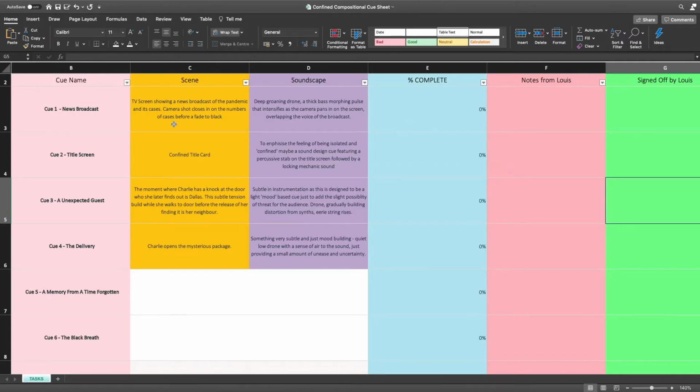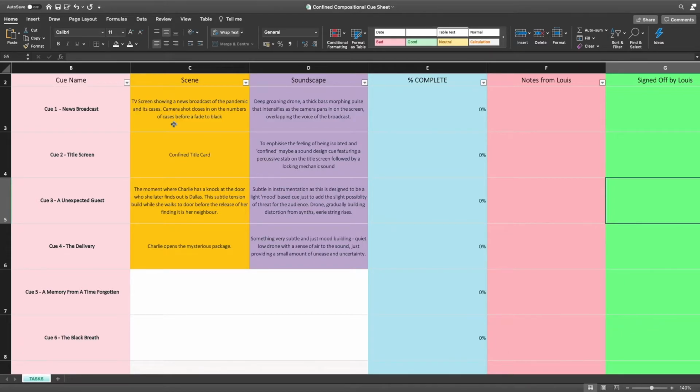Okay, so what I wanted to have a look at now is a temporary cue sheet that I've set up, basically just from reading the script and looking at the mood boards. Now, I'm not saying that composers will always have this amount of time, but this is one of the advantages of coming on a film this early in pre-production. Normally you'll do something like this at the end of a project when the score's finished,